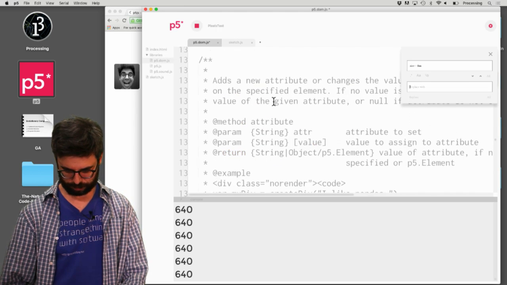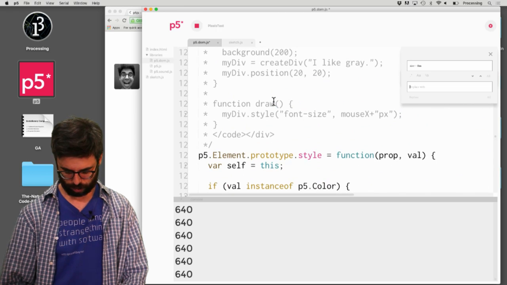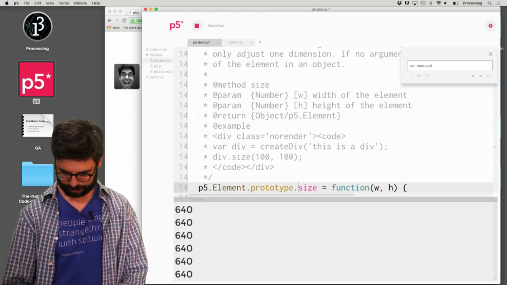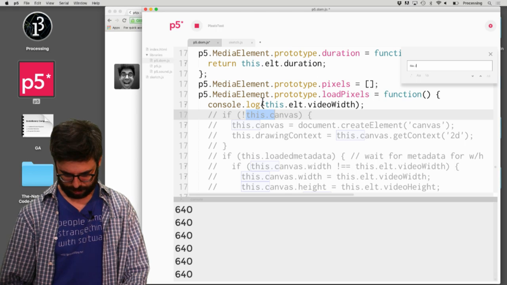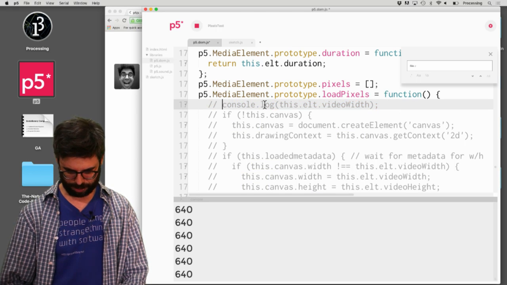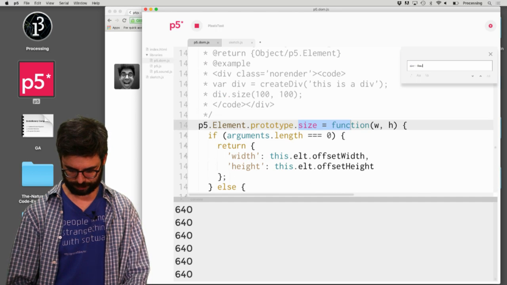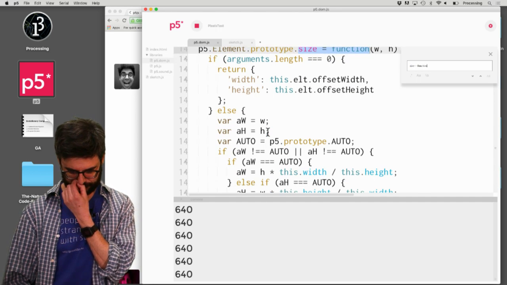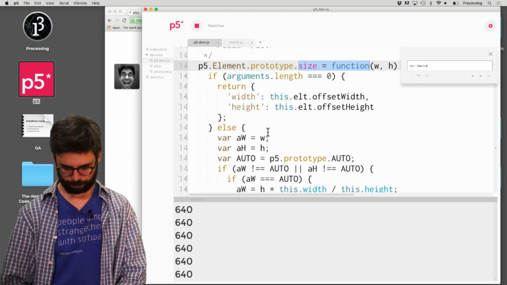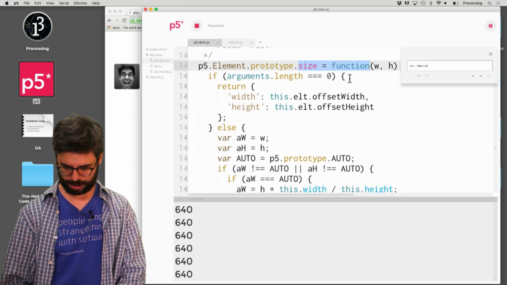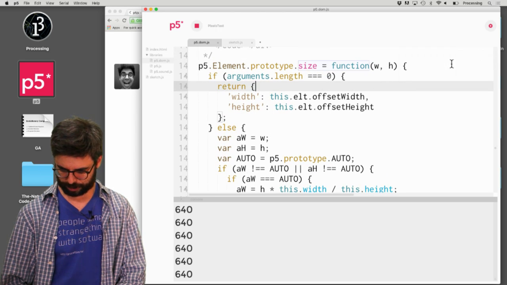Let's go to, hold on. Sorry, this.canvas. So I want to take this logging out. So I've disabled load pixels, and I want to go to the size function. And let's take a look at this. And OK, so one thing I want to say is just